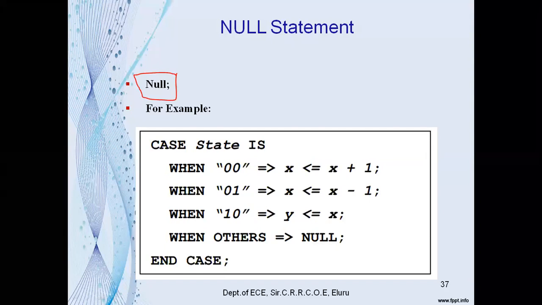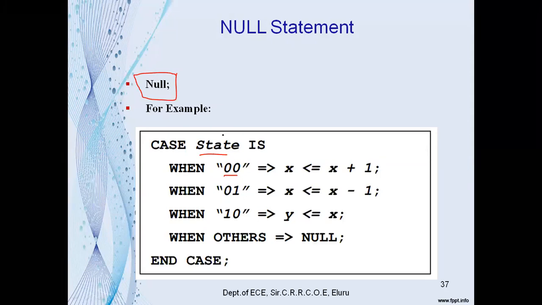Now see here, case expression. Here the expression may be a signal, and the signal may be a bit or a vector signal. In this example, the state is a vector signal, because it has multiple combinations of inputs: 0, 0, 0, 1, 1, 0.